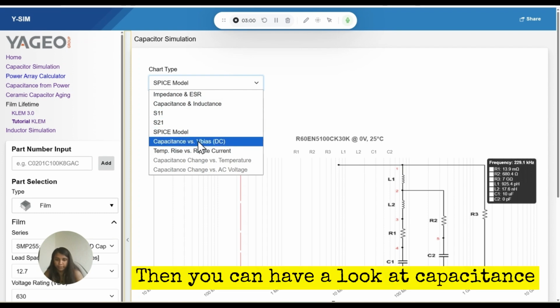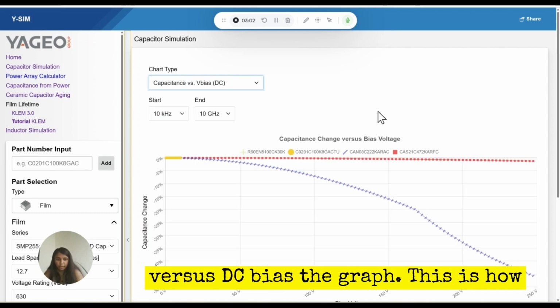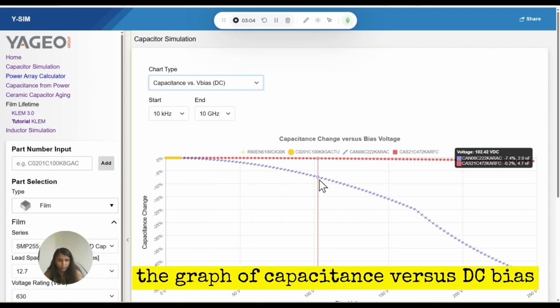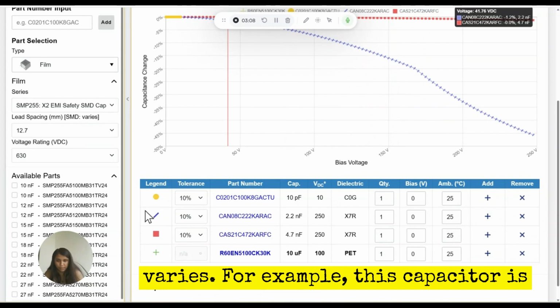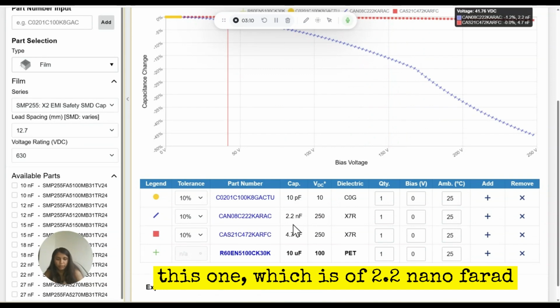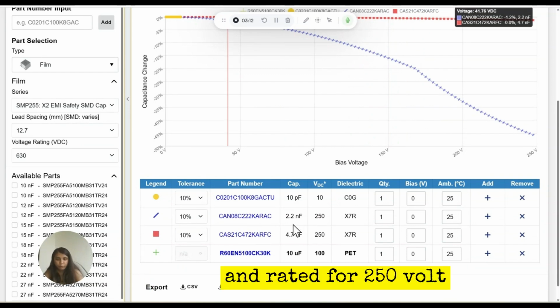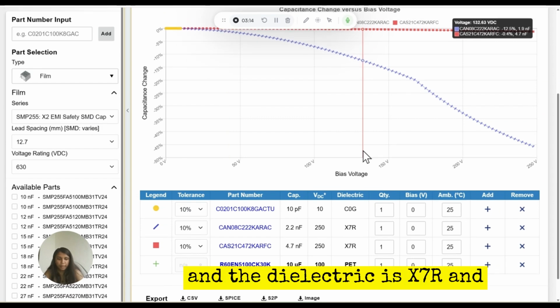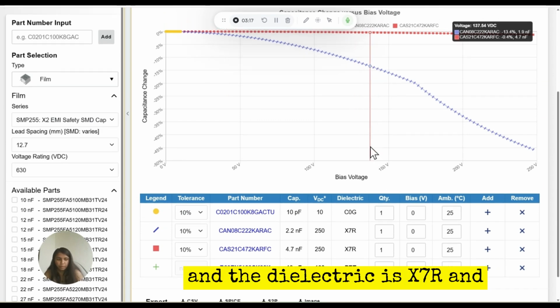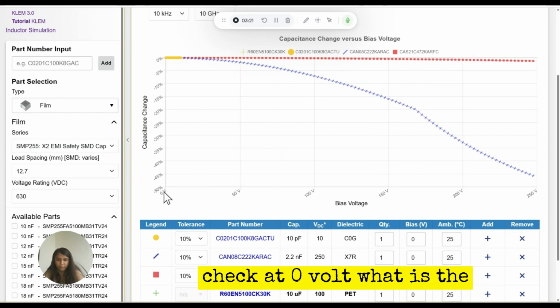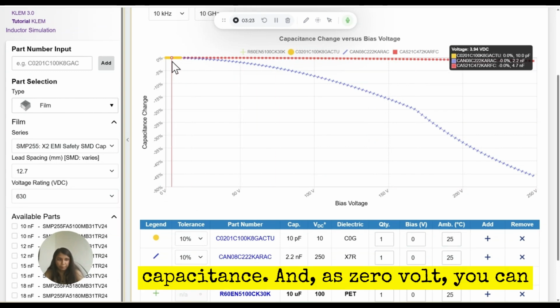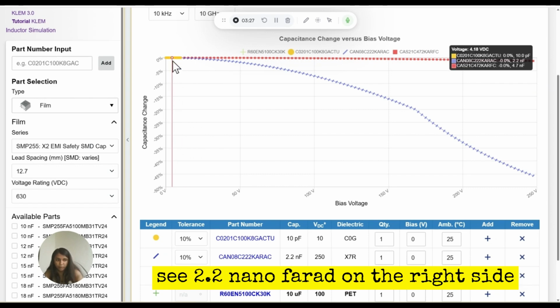Then you can have a look at the capacitance versus DC bias graph. This is how the graph of capacitance versus DC bias varies. For example, this capacitor is this one, which is 2.2 nanofarad and rated for 250 volt, the dielectric is X7R, and the ambient right now is 25 degrees C. You can check at 0 volt what the capacitance is, and at 0 volt you can see 2.2 nanofarad on the right side.